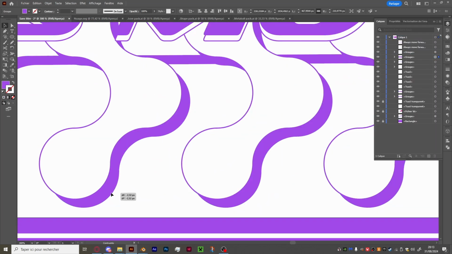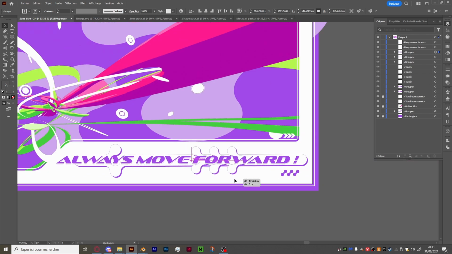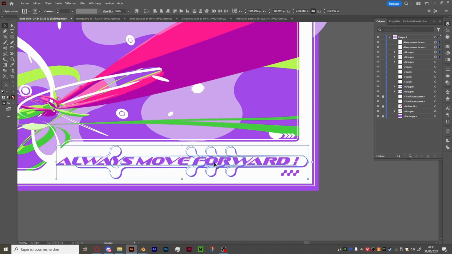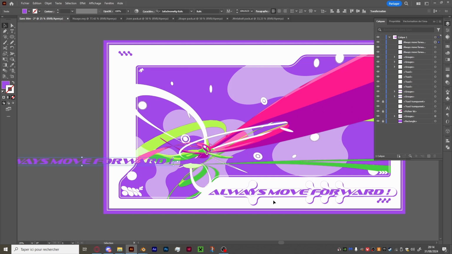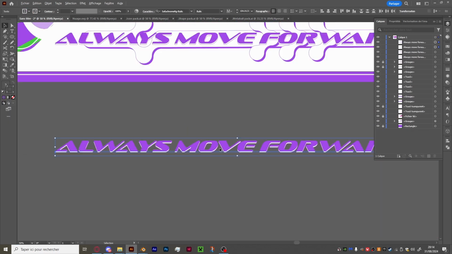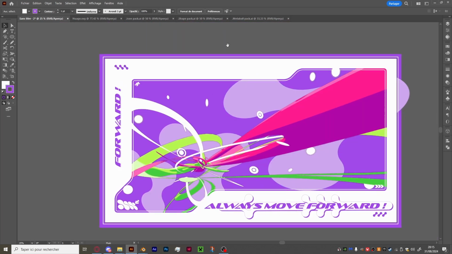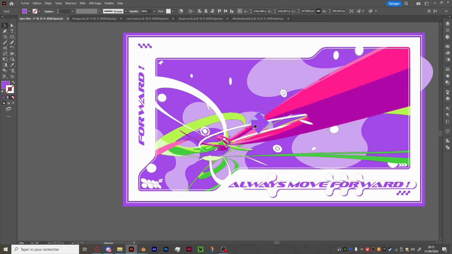And now it's just a matter of adding more shapes to the composition. So yes, this is why I sped up the whole process. This is because this would have taken another 30 minutes, I think, to explain all of this, while I can simply explain what I'm doing right now